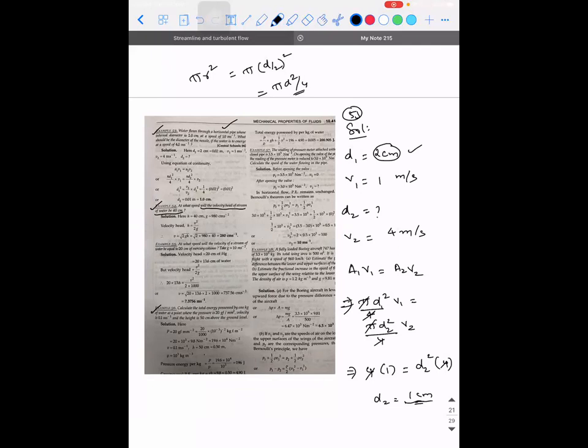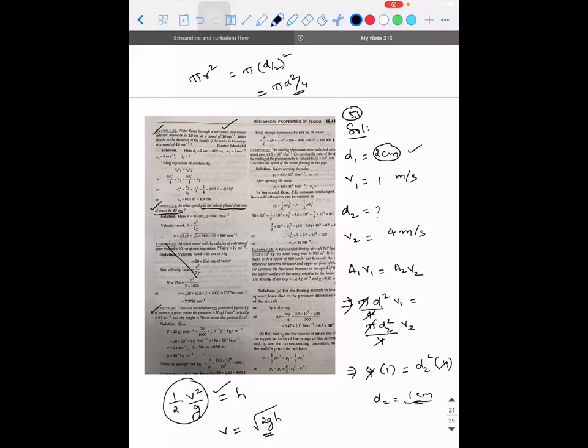So for that, what can you do? What is the formula for velocity head? Half v square by g, sir. Yes. So that's the answer. So at what speed will the velocity head be equal to the height? So height is how much? 40 centimeters. Substitute the value of 40 there. Find V. V will be equal to root of 2gh. Find the value. That will be the final answer.